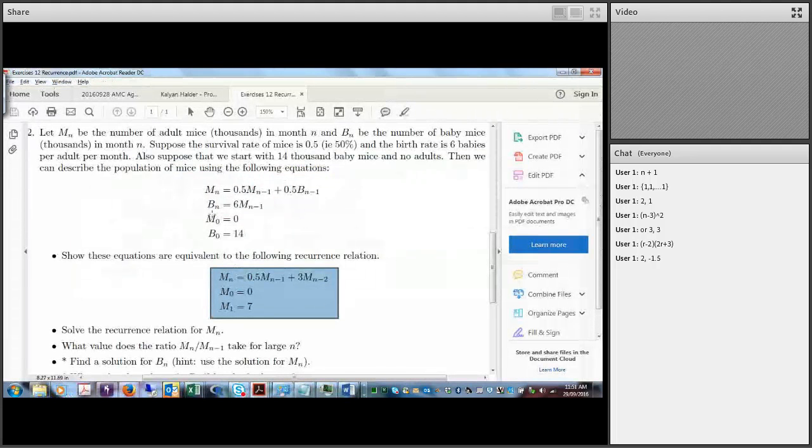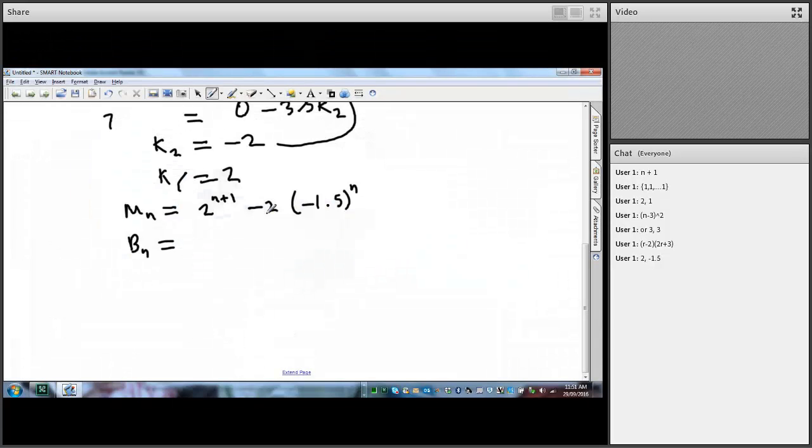Where was I? So minus 1.5 K2 minus 2 lots of K2 would give you minus 1.5 minus another 2 gives you minus 3.5 K2. If you divide both sides by minus 3.5, you get minus 2, which is a nice number. So I manufactured this situation. And then you can plug that back in anything you want to. So I would plug it back into here, for example. So K1 minus 2 equals 0. And so K1